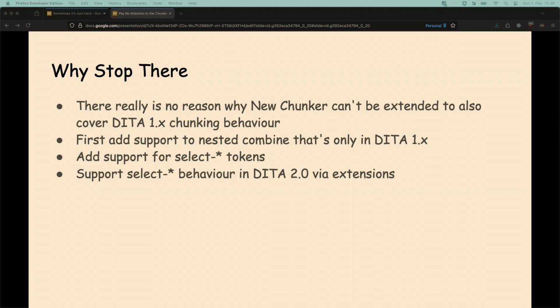It's sort of working already, but we don't ship it yet. And then in the future we could offer support for the select token behavior in 2.0 documents via extensions. I don't know if anyone will ever use those given this small audience, so it might actually not be a good idea to try and implement that as an extension in DITA-OT.